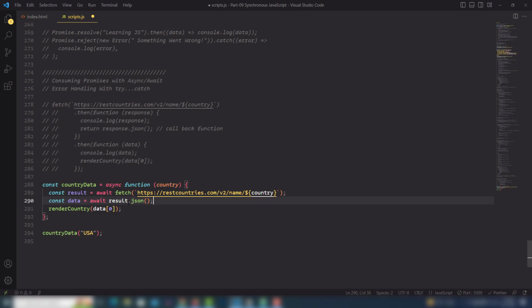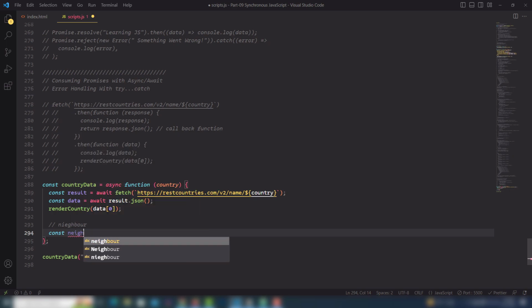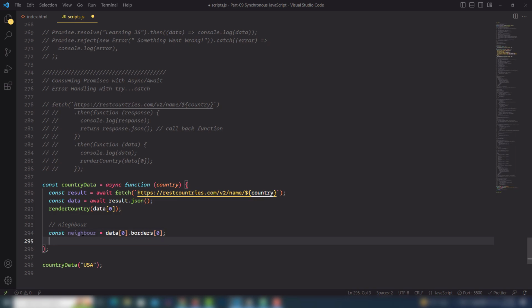So let's display the neighbor inside our web page. So I'm going to use neighbor like that. Create a variable const, and we need to get the neighbor data from our data variable. So I need to create a variable neighbor and we need to use data 0 dot borders 0. Once you get the data, then you need to create another variable. So I'm going to use neighbor URL,